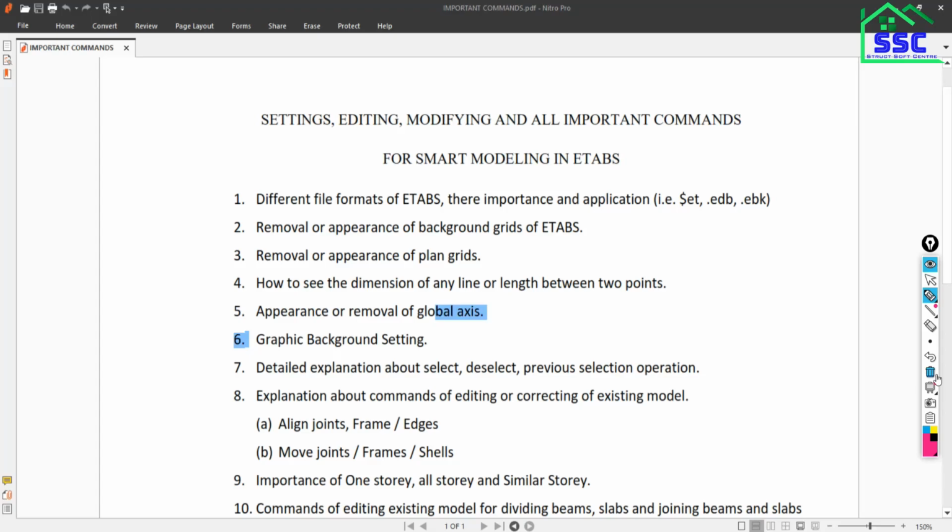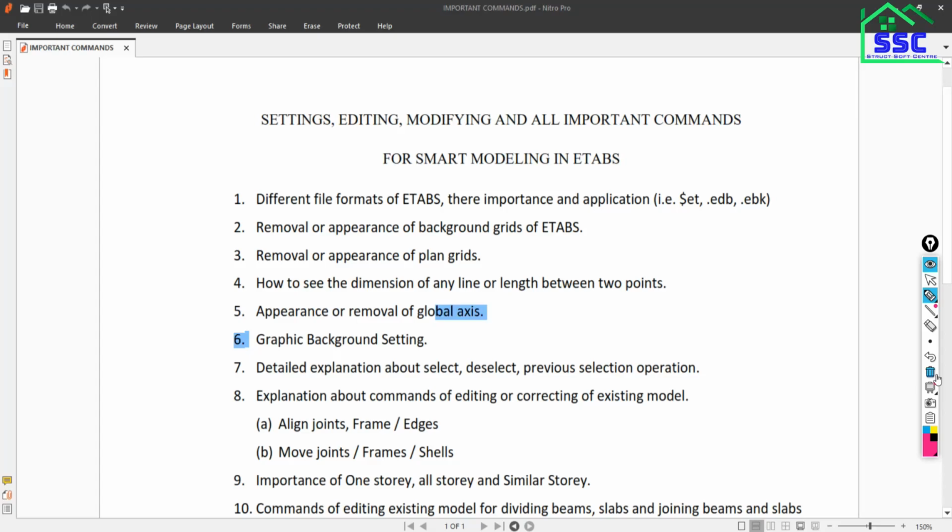Before the modeling, what do we have to do? We have to define the material property, the section property, everything. We have to set something before the step. Then you have to perform the step, and then you have to go for the checking of that step.